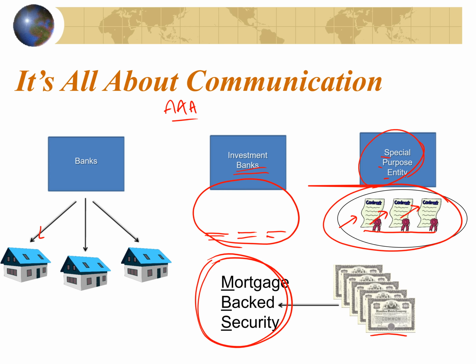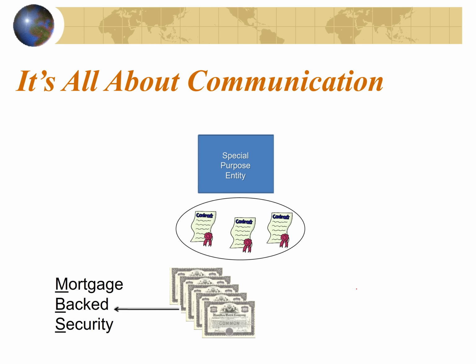Then somebody came up with an idea to make these mortgage-backed securities more popular. What they did is they said, well, even though we can't individually evaluate every contract, what we could do is say, look, these contracts are generating revenue. And sure, one contract may go bad, but the chances of all three contracts going bad are so small. So if this one contract goes bad, this contract is still generating revenue. What we'll do is we'll say